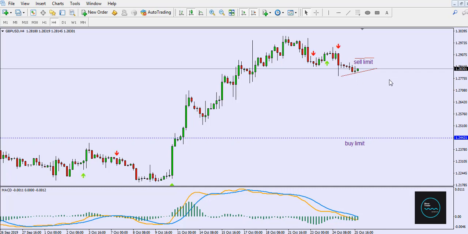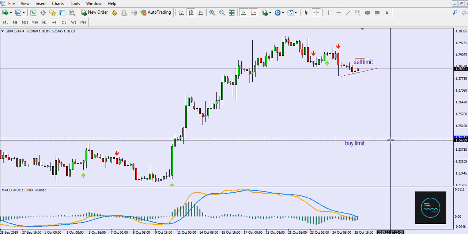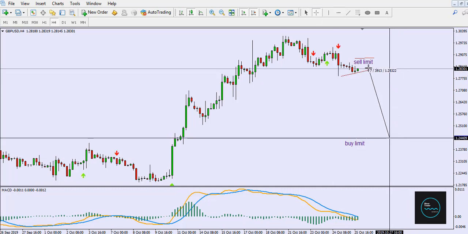So the best way to get into this particular trade, let me see, how many pips is this one? Well, it's 391 pips, so that is a lot of pips. So it's worth watching. So to get into this trade, you have to wait for this trend line to be